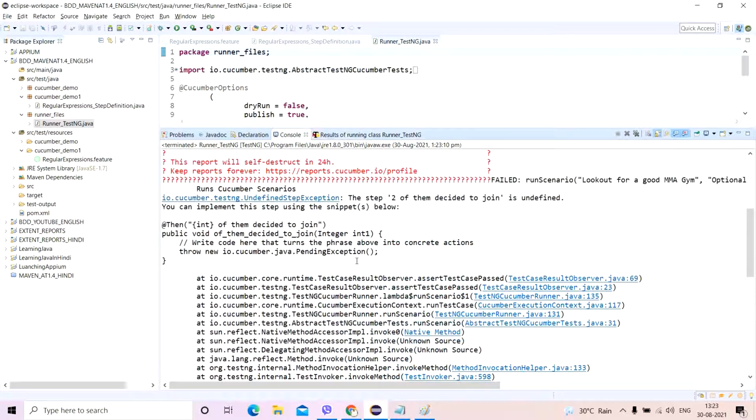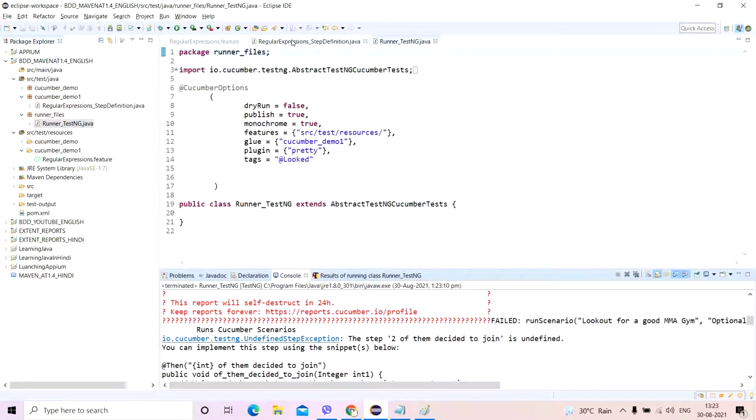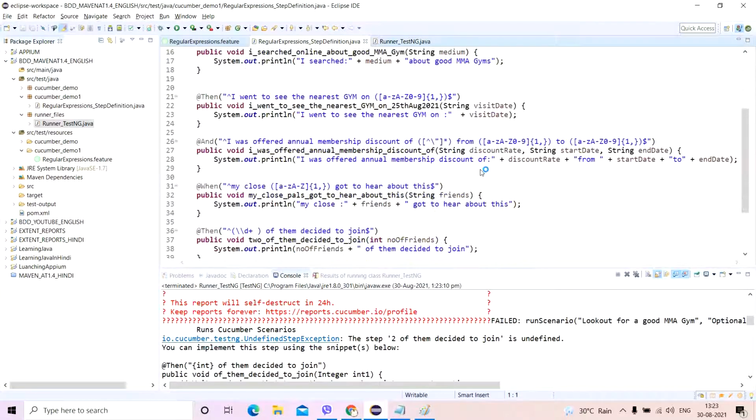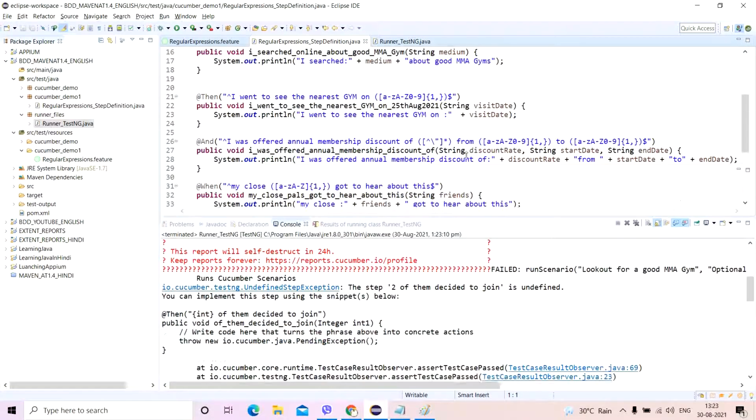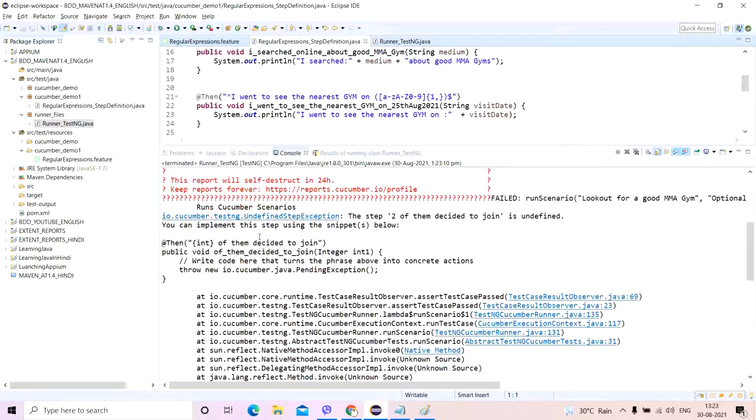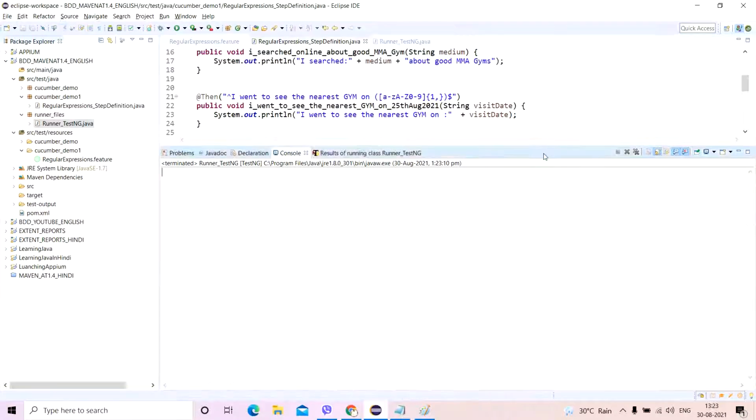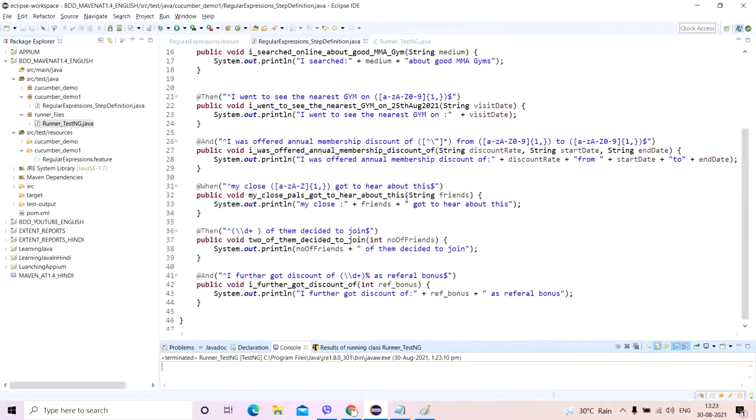We'll see what we have done. These many decided to join. You want them to do integer int. It is not required actually.